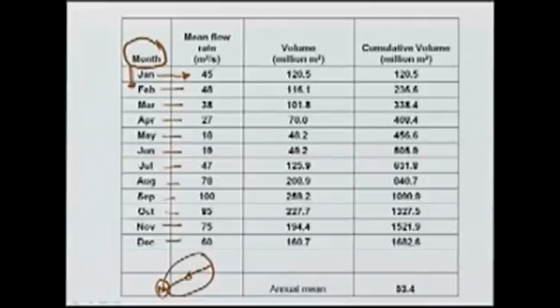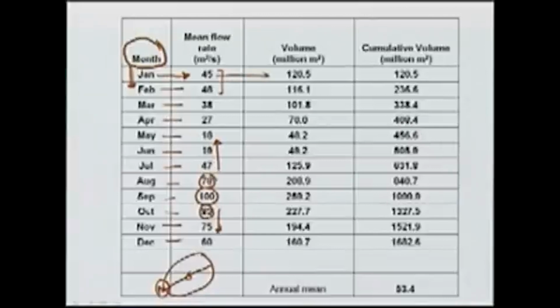So, we can see that the mean flow rate is very high in September, just after the monsoons, and it is still higher in August and October, but then again it decreases as we go over here and decreases as we go over here, and January, February again there is a reasonable amount of flow, 45 and 48 meter cube per second. So, this represents overall an average flow rate throughout the month, and based on this we can find